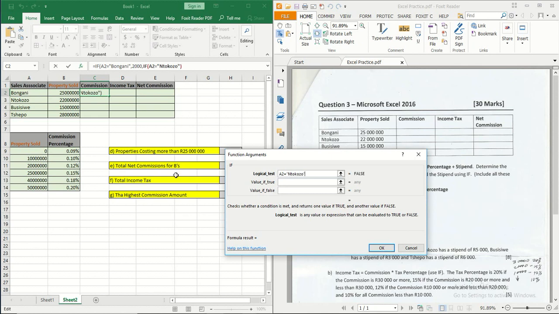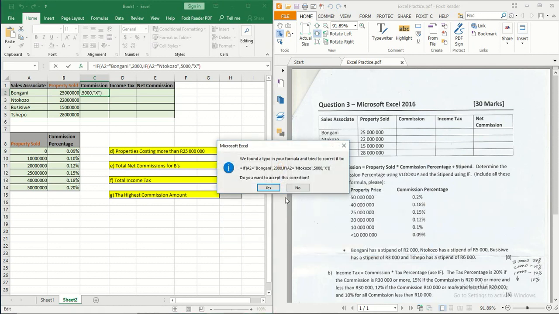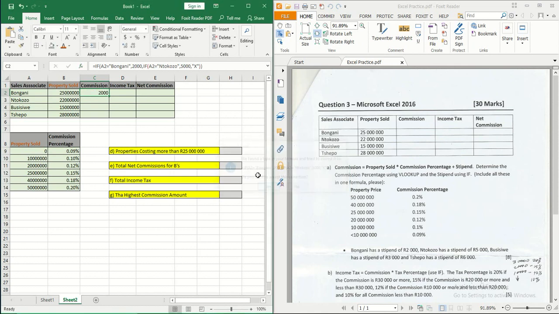Spelling is very important. And then for Ntokozo, we return 5,000, and then put an X. Now it shows us an error message. This error message shows that we opened more brackets, but we didn't close them all. We say yes, it is going to close for us. And then we are going to do the last if,